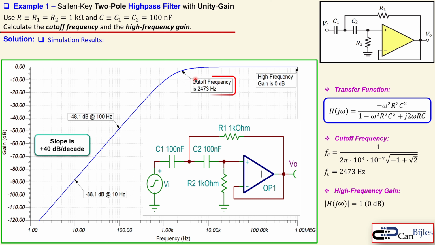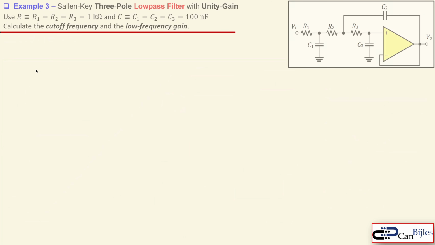Now, looking at the cutoff frequency, you see here clearly, it is 2473 Hertz, as we have calculated, and also the high frequency gain is 0 dB. So this is also checked. Now, let's go to the